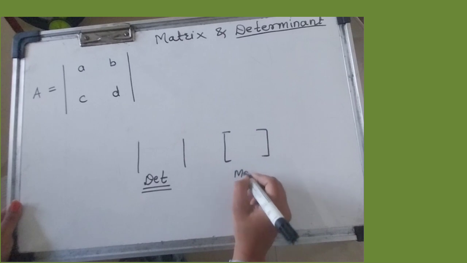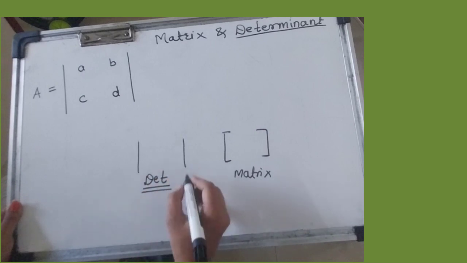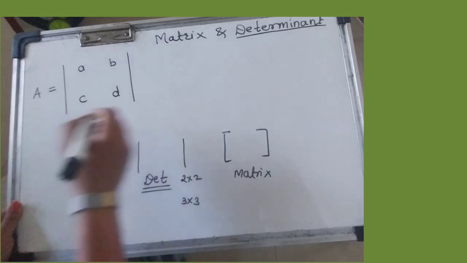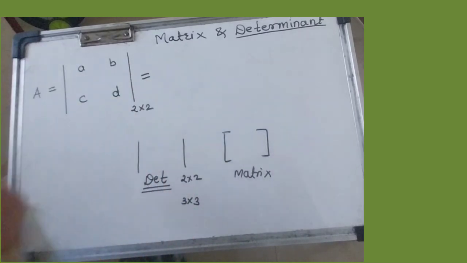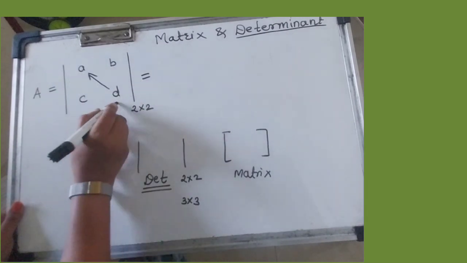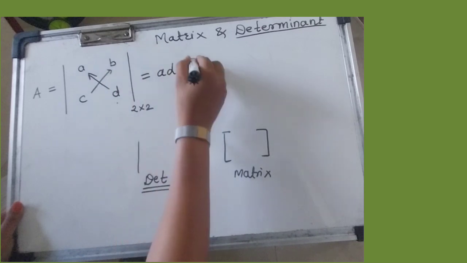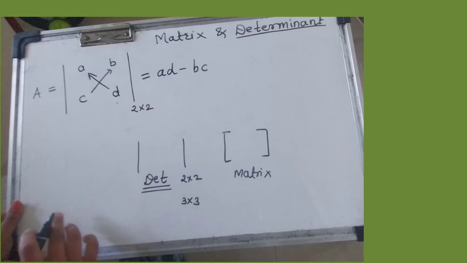Okay, and this is the matrix. Okay, determinant always in a 2 by 2 or in a 3 by 3 order. Clear? This is the determinant of order 2 by 2. So how to find the value of this determinant. See, take a product of this. Start from here. AD minus BC. This is the determinant 2 by 2. Okay. Determinant A. We write it as a determinant A.